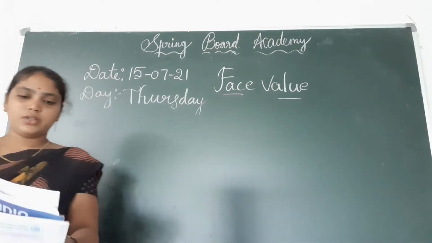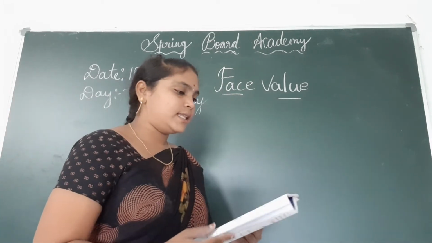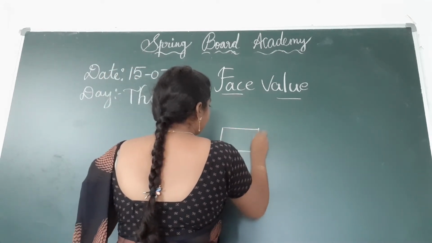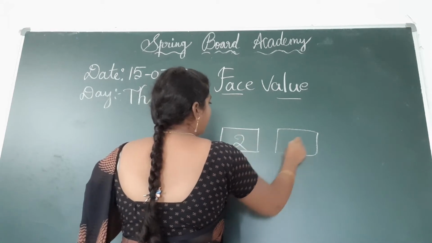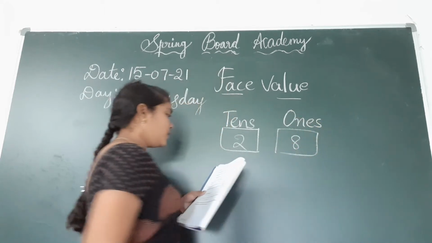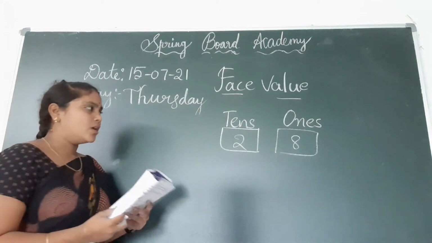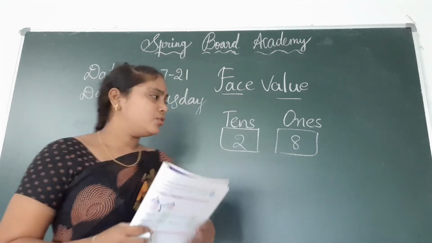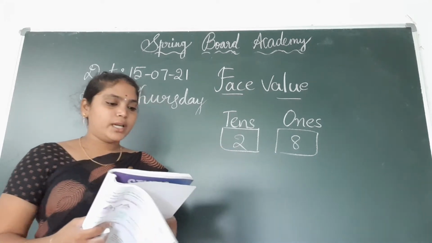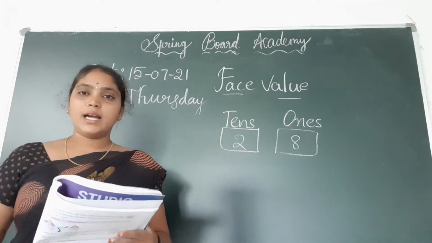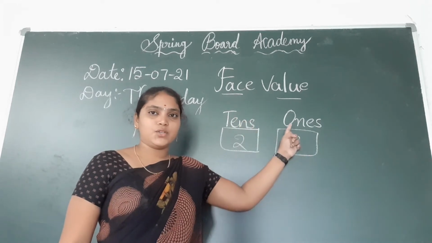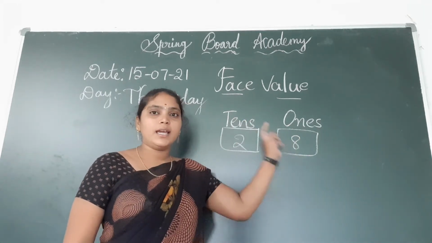Page number 30. Let us look at the digit 2 in the number 28. Okay, here the given number, children, is 2 and 8. The 2 is in the tens place of the number. First you have to check, children, whether 2 is in the ones place or tens place. Yes, 2 is in the tens place, children. So its face value 2 says that there are 2 tens in it. So we can say that in 28 there are 2 tens and 8 ones. Yes children, 2 tens and 8 ones.